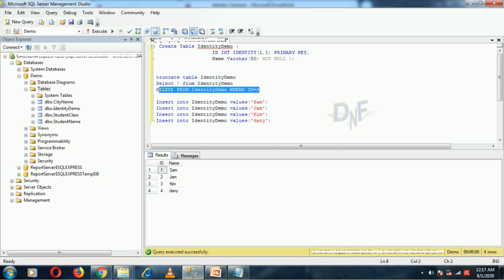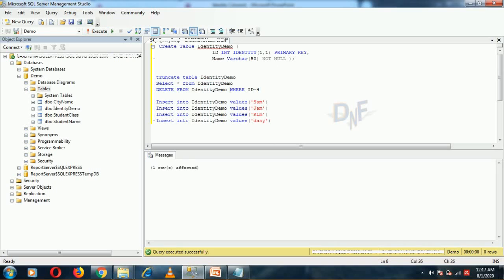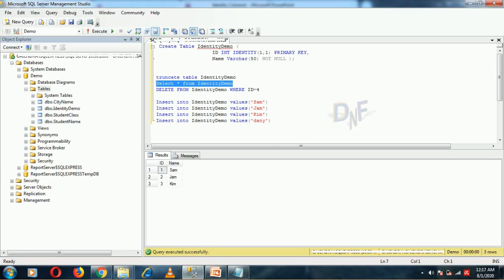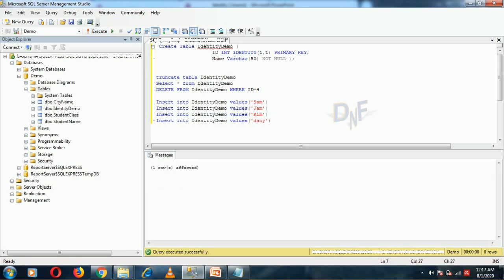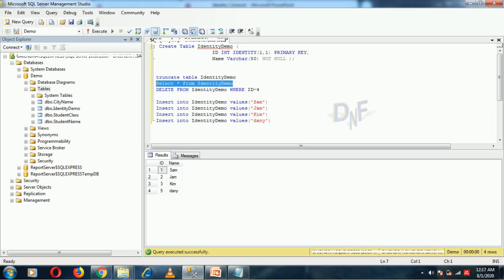I'm going to execute, one row deleted, then select, and we can see only 3 rows remain, and then we are going to insert fourth row again, successfully inserted, and select. See, fourth row identity column is 5.